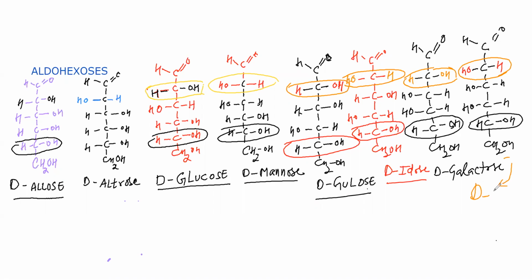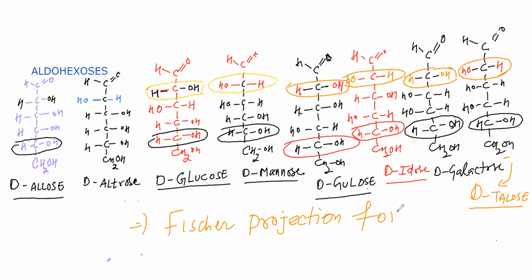The structure is D-talose. So these are all our hexoses. These are the structures called the Fischer projection formula of